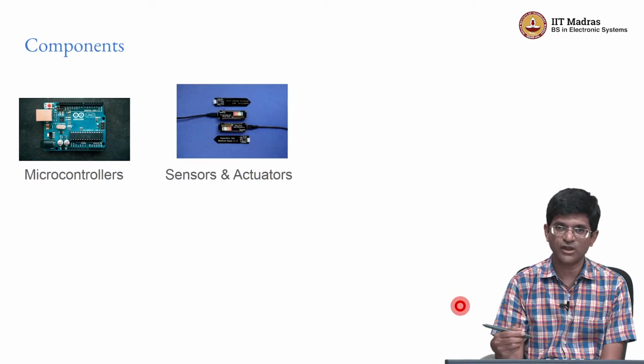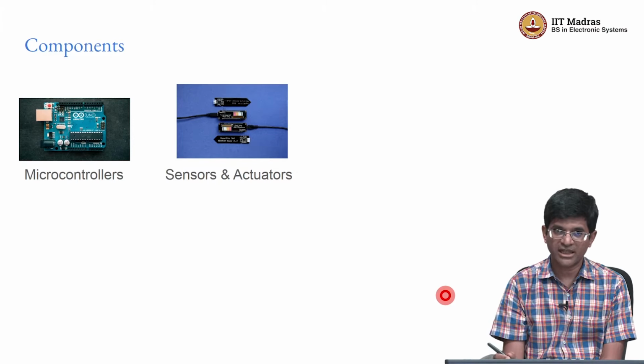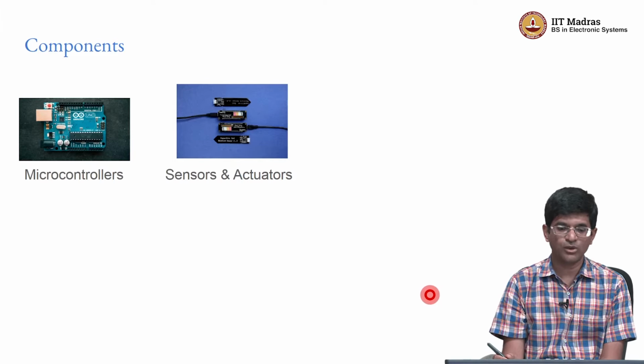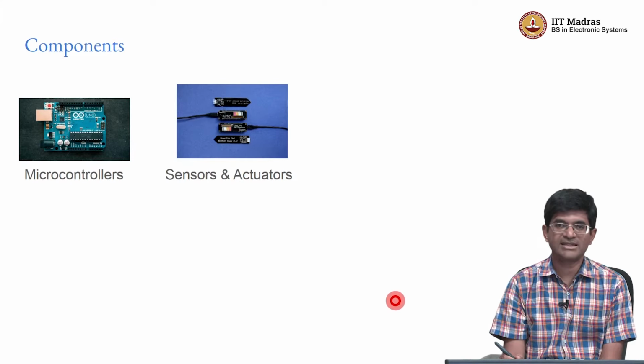You also need some kind of sensors and actuators, right? And typically these could be things like a temperature sensor, it could be a pressure gauge, it could be something else which detects the ambient light, right? And you would also have actuators. So, an actuator could be a relay, a switch, or it could be a motor that actually moves something, or it could be a linear actuator that actually causes something to move, but not in a rotary fashion like a regular motor. Either way, these kind of actuators and sensors are how the microcontroller is sort of talking to the